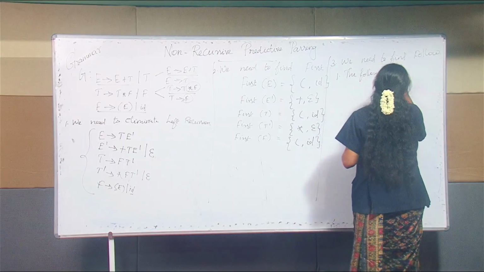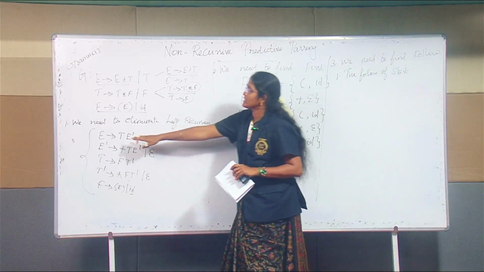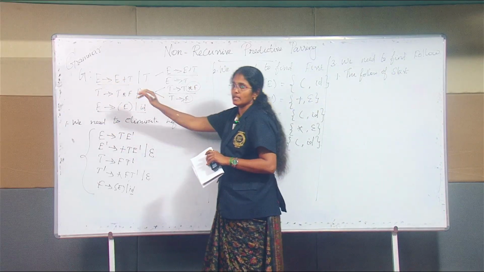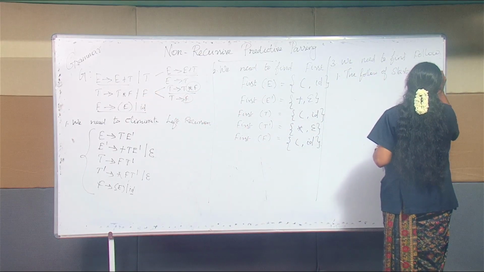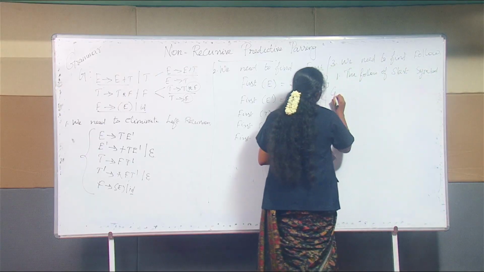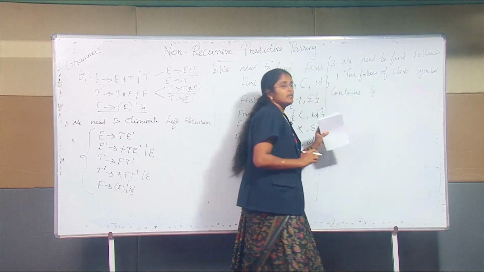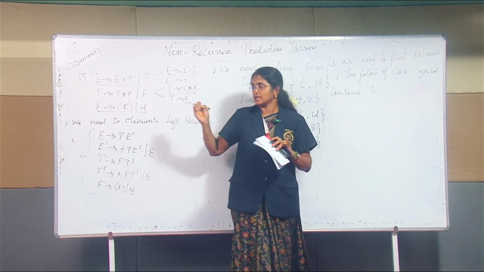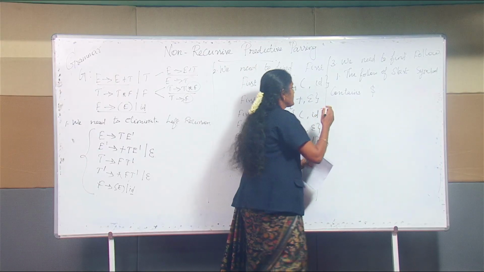of the start symbol. Here the start symbol of this grammar is E. The grammar starts with E. The follow of the start symbol contains $. Whatever the start symbol of your given grammar is, it always contains $ in its follow. Okay. Then next one,